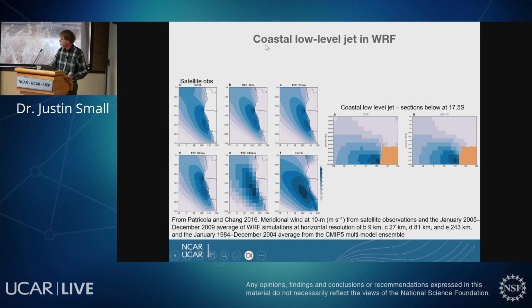This is what we call the coastal low-level jet in WRF off the Benguela. These panels on the right will illustrate why we call it coastal and low-level. These are sections, I think at 21 south, going through the Benguela. The landmass here is as a function of longitude and pressure. And you see that the jet is a maximum very close to the land, quite low level, I think something like 975 hectopascal. This is from CFSR. You can see it also in JRA-55.